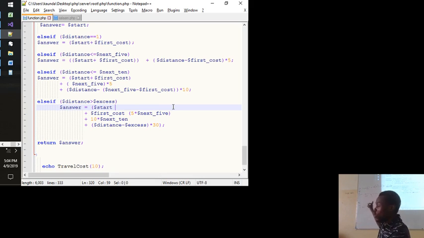You just have to look at the rule. You know how to do your subtractions to work. If the distance is less than or equal to 10, the start plus the cost, we've gotten 1, then plus the next 5, then that is 5, then plus